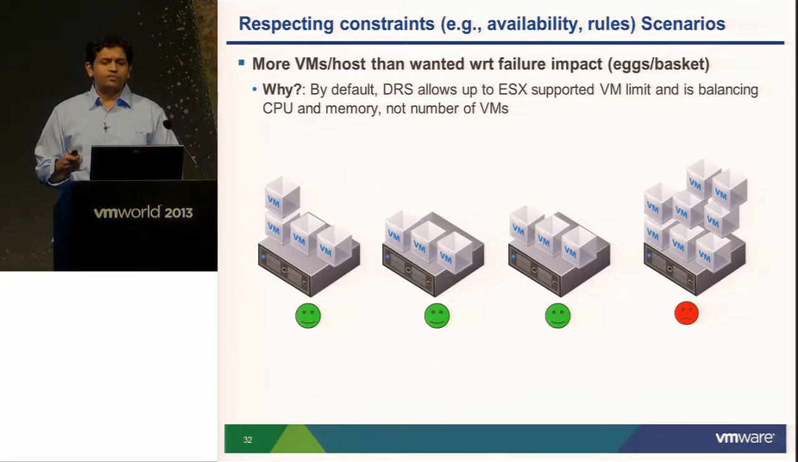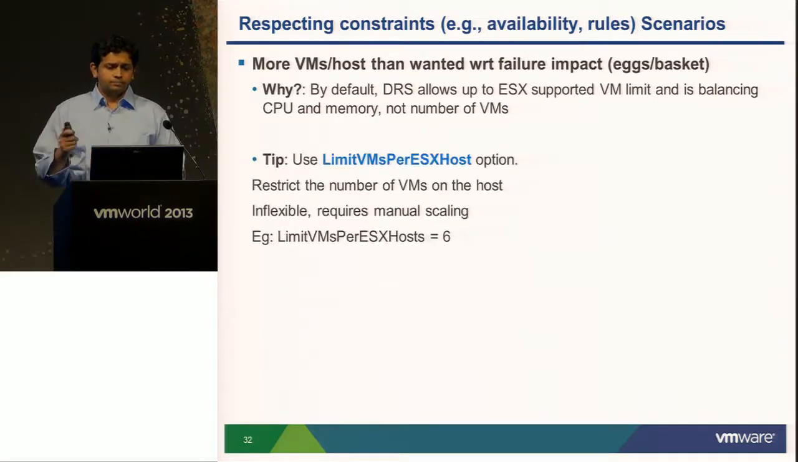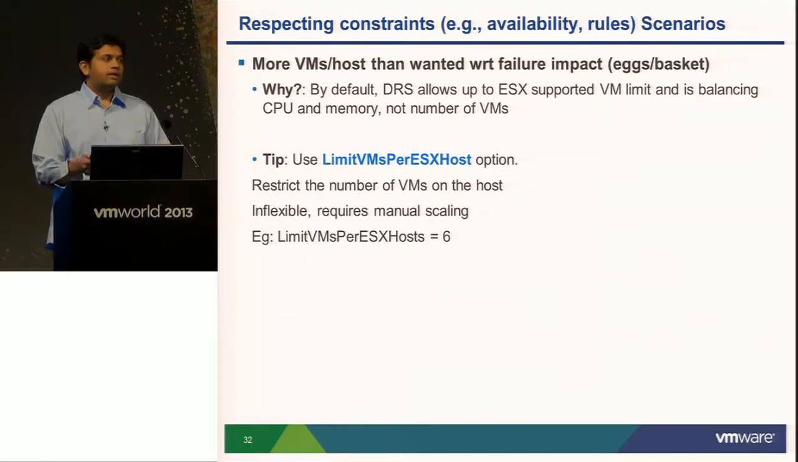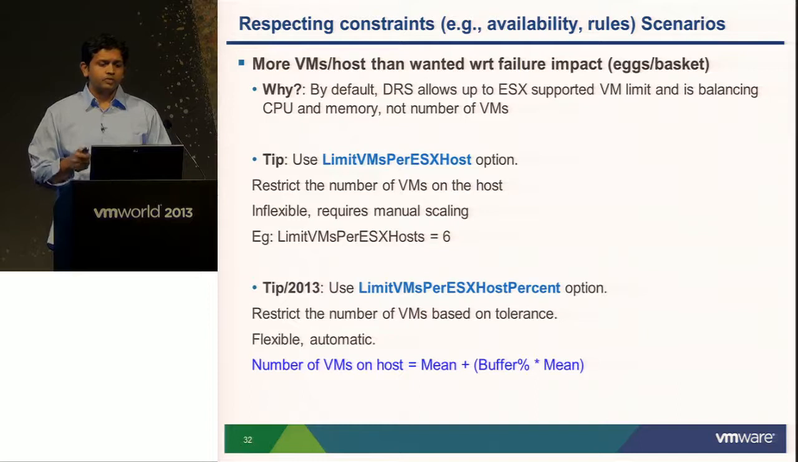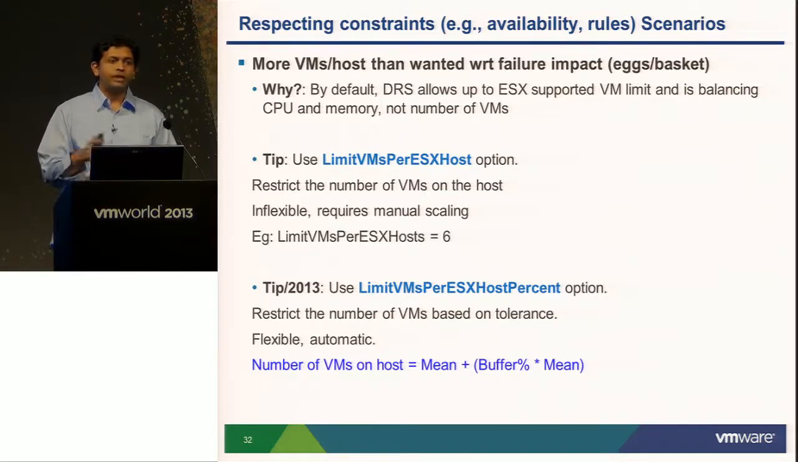In vSphere 5.1, we introduced an option to limit the number of VMs per host. If you set this number, say 6, then no host in the cluster would have more than 6 VMs. This is a pretty hard option because this constrains DRS heavily. So in 2013, we introduced another option where you can specify the variance in the number of VMs per host. So let's say on average you have 20 VMs per host. If you set this option to 20%, what this means is that DRS would allow 20% more than the mean, which is 20,